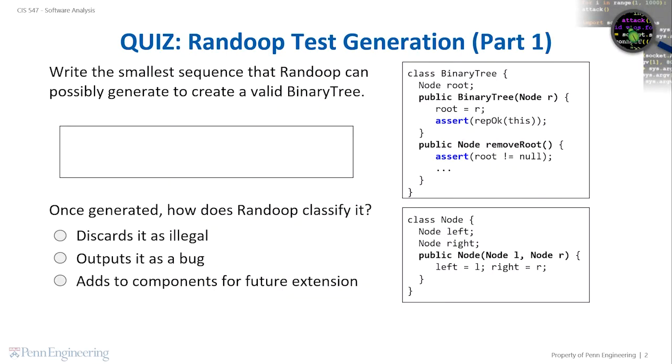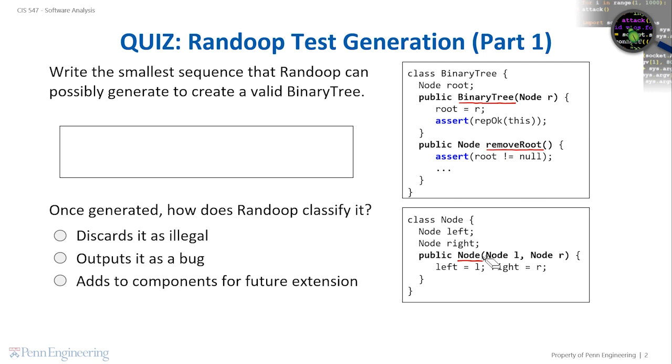With a null argument. In the statement shown here, we directly used the null constant as an argument to the constructor of binary tree. However, if you recall the Randoop algorithm, it always uses a variable generated by some sequence. If we were to be pedantic, we would need to add an additional statement at the start of the test case that assigns the null constant to a node variable v, and then pass v as an argument to the constructor of binary tree. After this sequence is generated, Randoop will classify it as a component for future use.